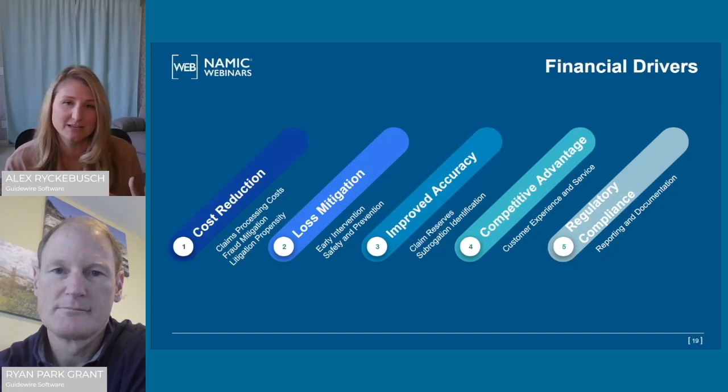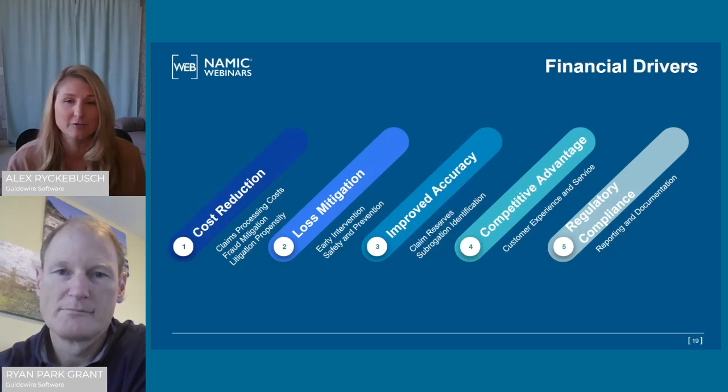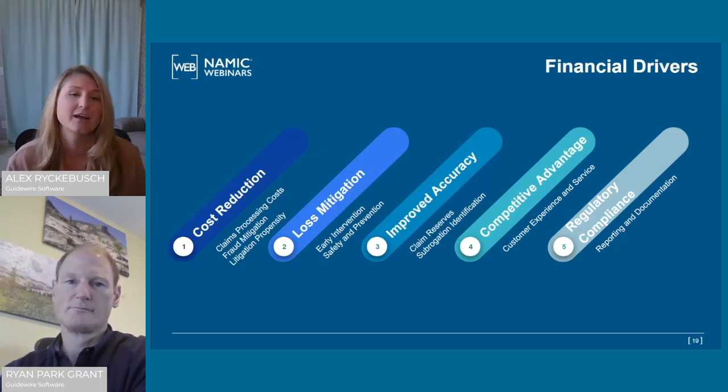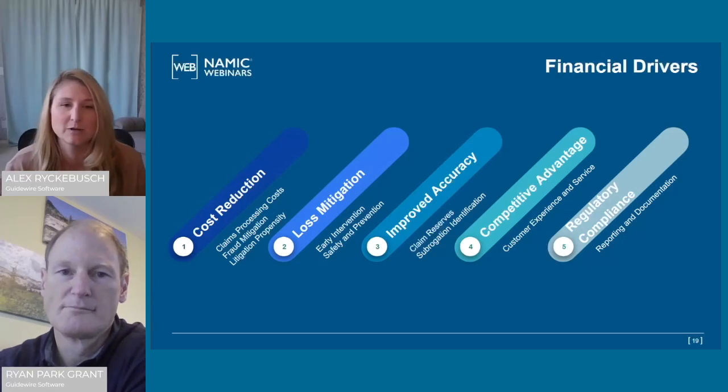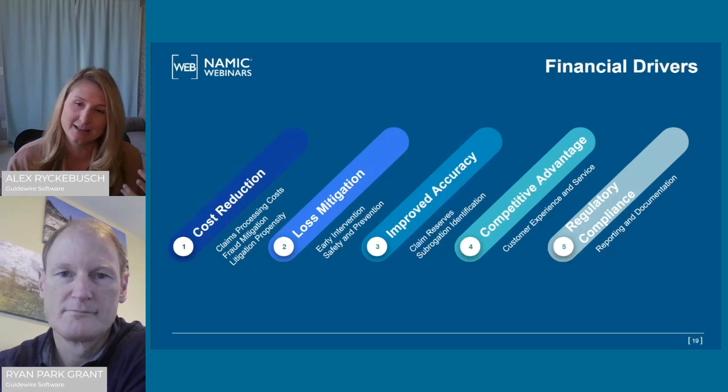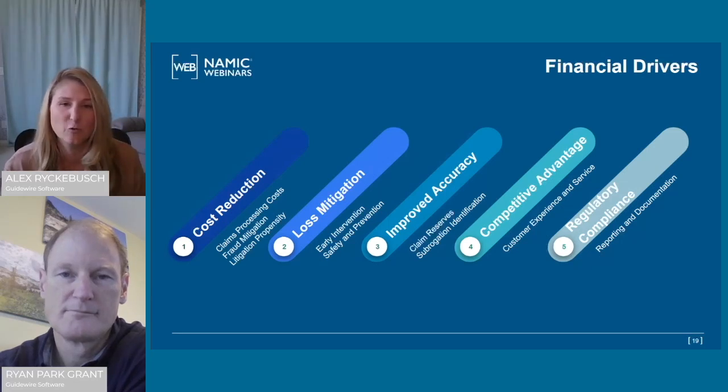We also would take into consideration in this cost reduction segment both the fraud and litigation potential. So again, identifying those types of claims early in the process, preventing fraudulent payouts, and also maybe looking at how that might impact your legal expenses overall, having that preventative insight to be able to contain that cost to some extent. From a loss mitigation perspective, going back again to early intervention, the earlier you can get in front of some of these more severe claims and mitigate the size of the loss is going to be helpful to lower your overall claim cost.